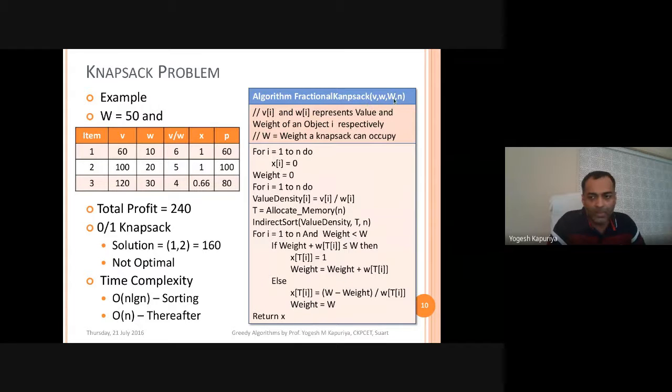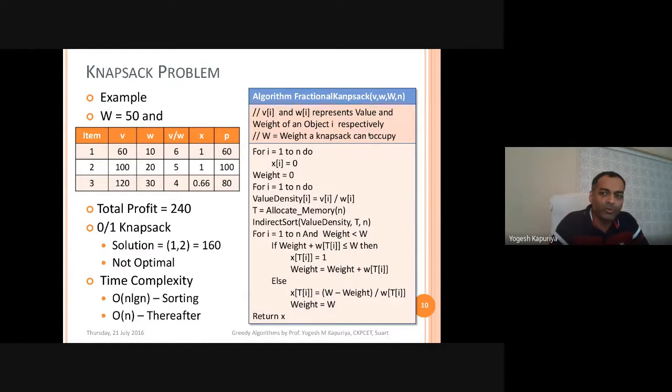Then you require capital W, which is the capacity. Capacity is a single number, so you need a scalar variable W to hold the value of capacity. Finally, the fourth parameter is the number of items or the number of objects available. That is being represented by the number n. So what is the first step?